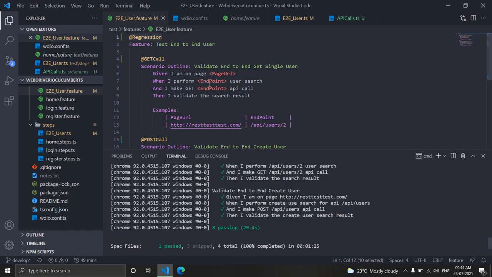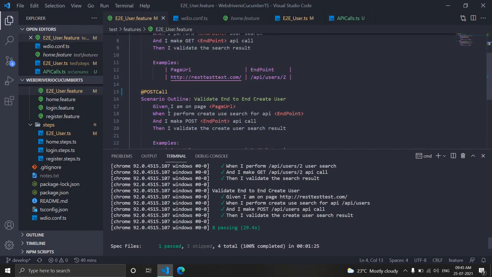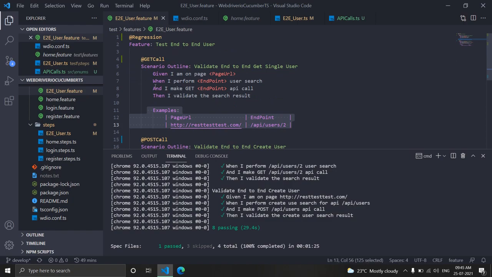So with this we have seen how to use enums to optimize our code and better control user input. And then we have also seen how to use tags in Cucumber features to target the specific type of scenarios that you want. You can target regression or smoke or any other type of testing that you want to perform for that particular feature. In the next video we will see how we can use tags in example tables and target a different set of data for different tags. That we will see in the next video.